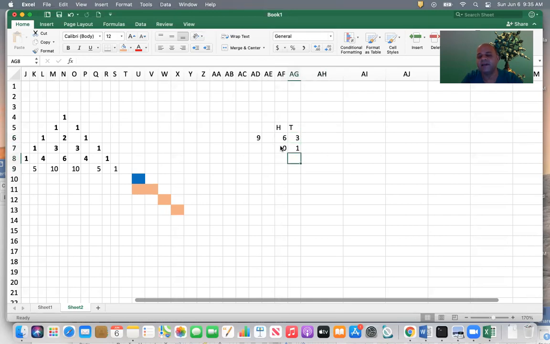Now what happens is, suppose a pair of coins is turned. There are only 3 possibilities when you turn a pair of coins. Either both of them are heads, or both of them are tails, or one is head and one is tail. Okay, so now let us look at it.